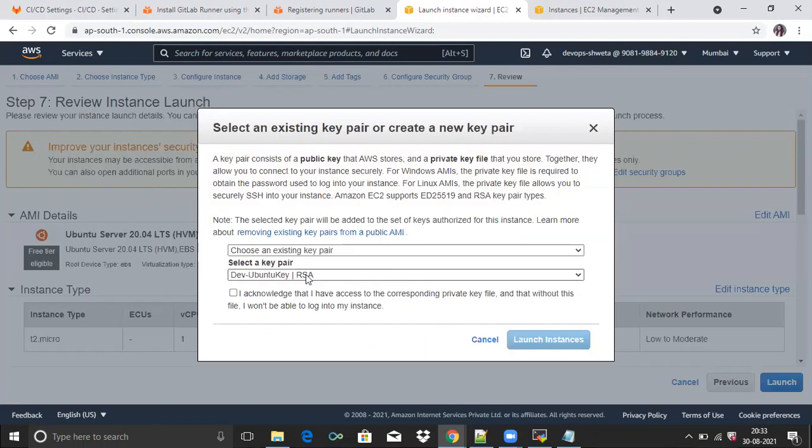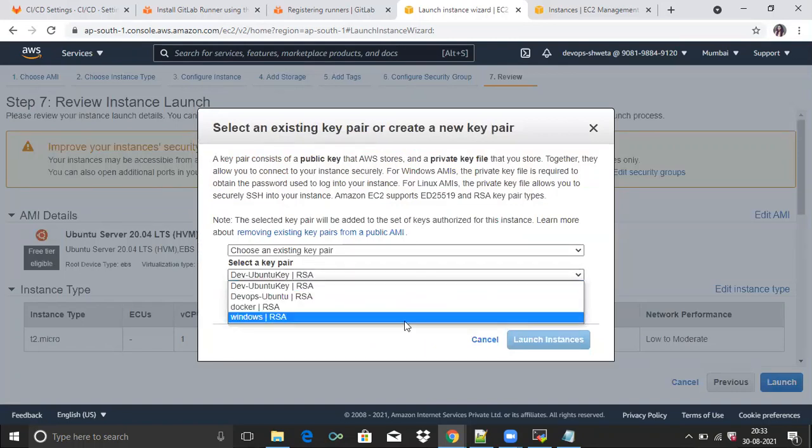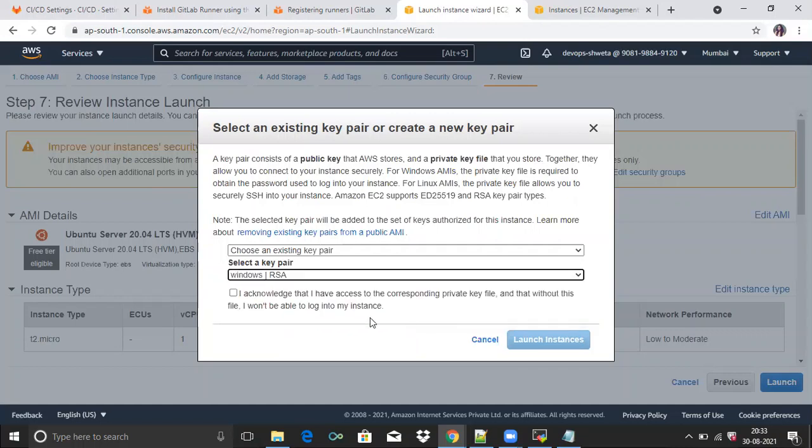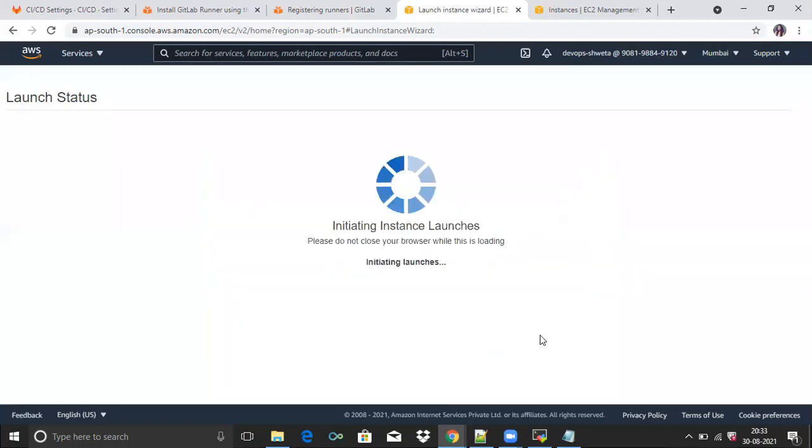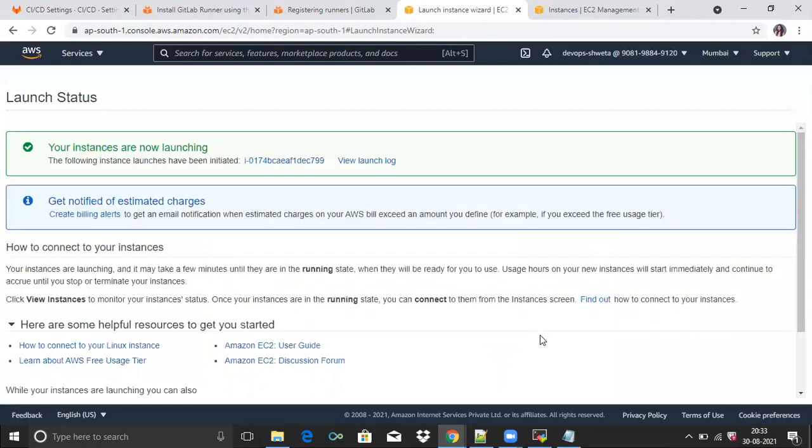Now you can see here, select the key pair. Here I will choose Windows RSA. You can choose as per your operating system. Then I acknowledge, click on launch instances. You can see your instance is now launching.